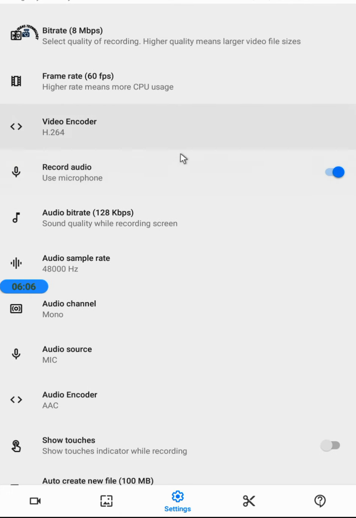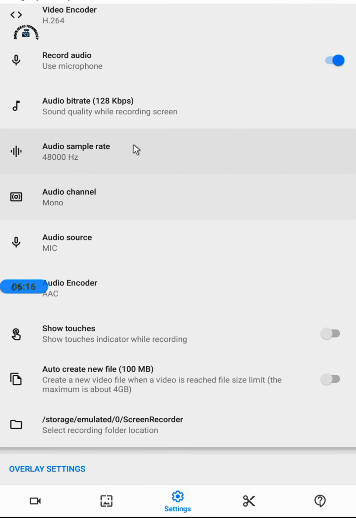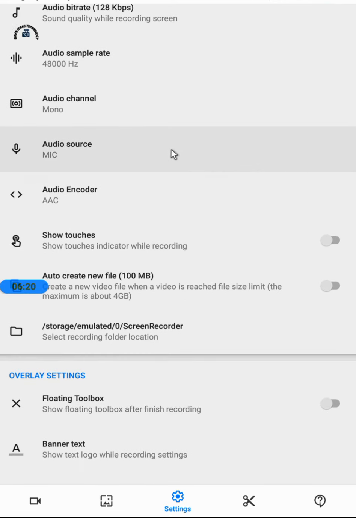Video, in-door recording audio, if you want microphone use, you can select here, or if you don't want recording for the voice, no problem, you can turn it off and make only the screen recording. And what is your audio quality, audio rate, whatever you want you set. So you can check the important things one by one, then you can try.